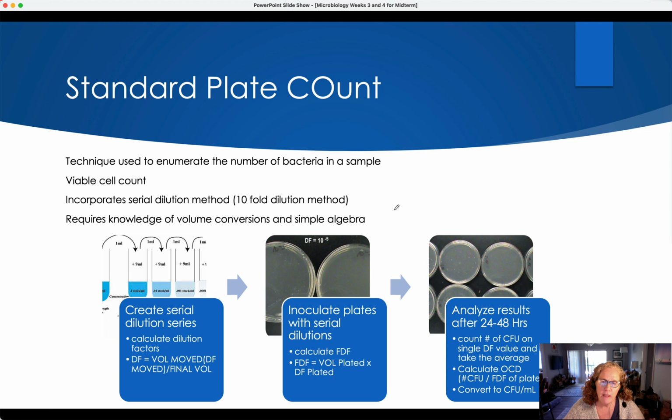So we use a method known as a tenfold serial dilution. This is a method that's used to dilute the original sample down enough that the numbers that we're going to look for are countable. Now, the method that we use in our laboratory is based on FDA standards for the